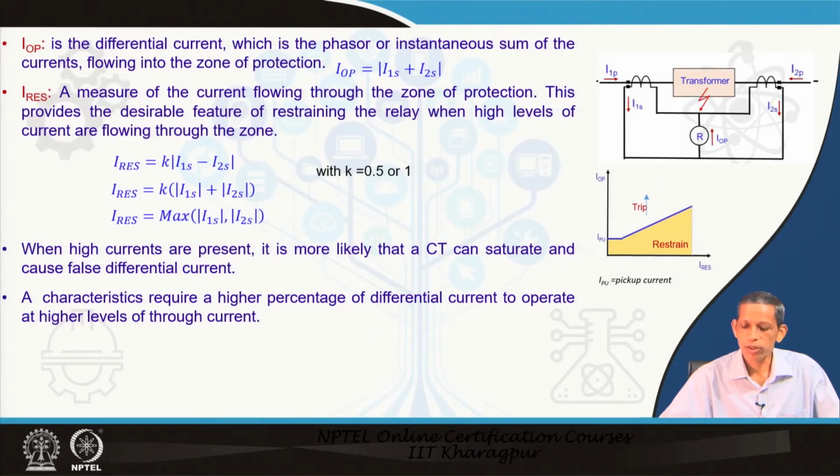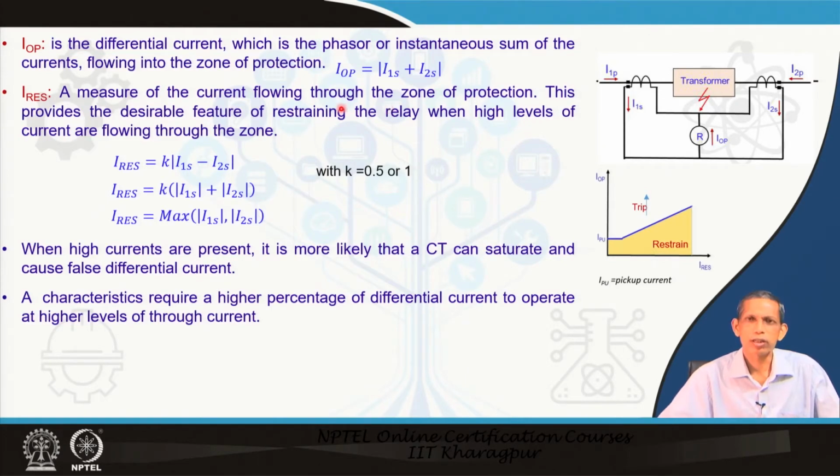Differential protection is vulnerable, as we have mentioned earlier, whenever the fault is external and, because of some CT ratio mismatch or so, the spill current or differential current will be significant. To avoid that, the restraining current approach is provided. The more the through current in both the CTs, the more restraint is required, so that the relay does not operate for that external fault or any other conditions.